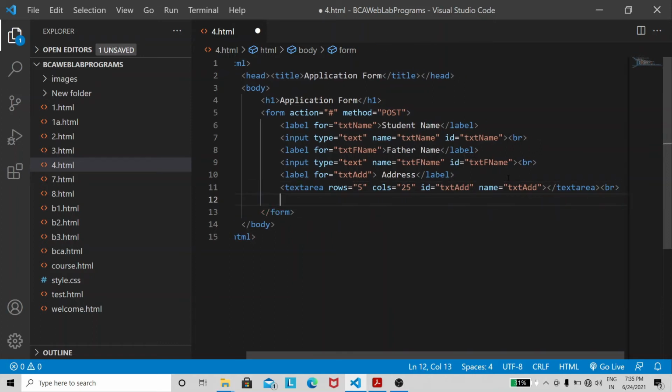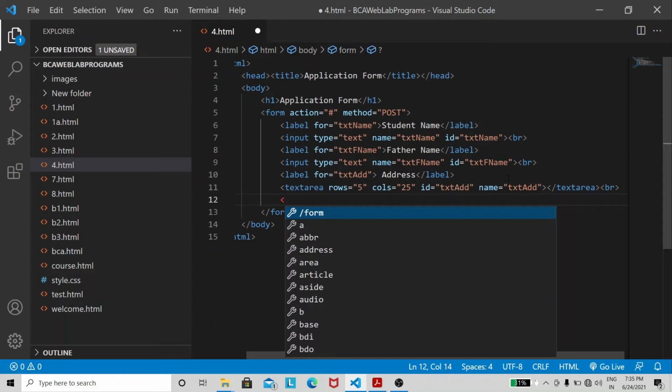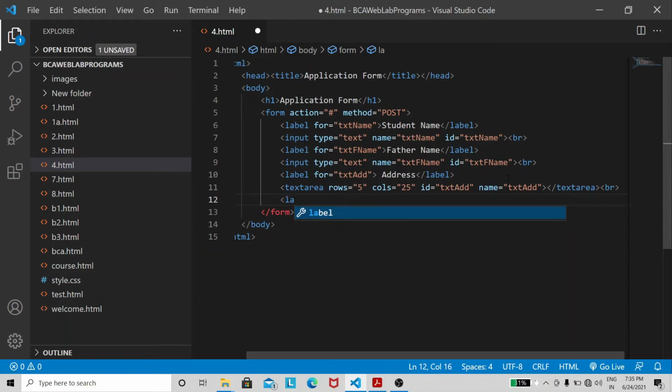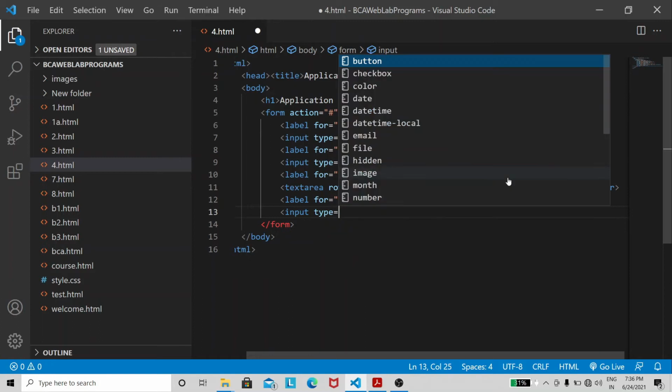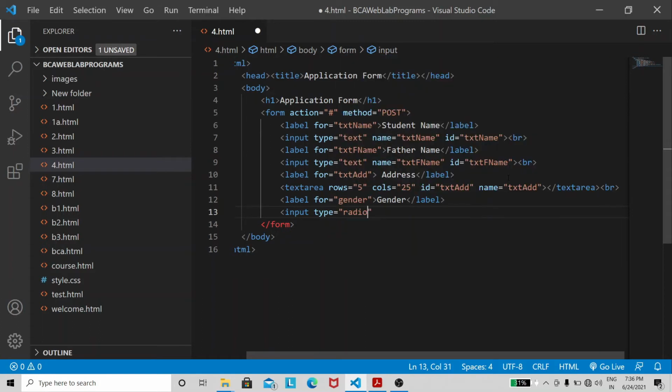Now we need to collect the gender input. For that we will use the radio button. Label for gender. Input type is equal to radio, ID is equal to gender. Name also is gender.